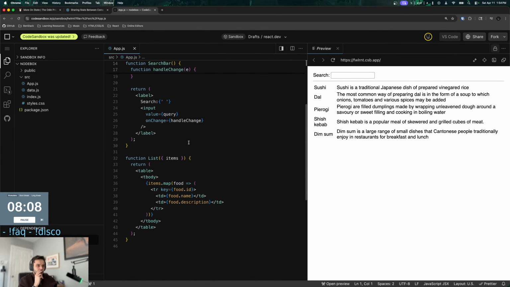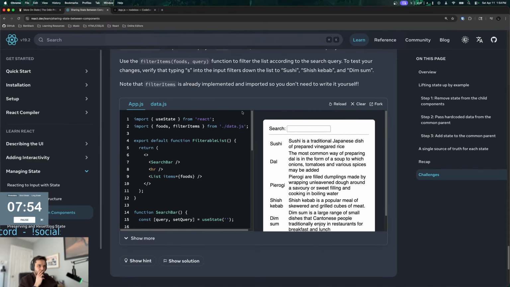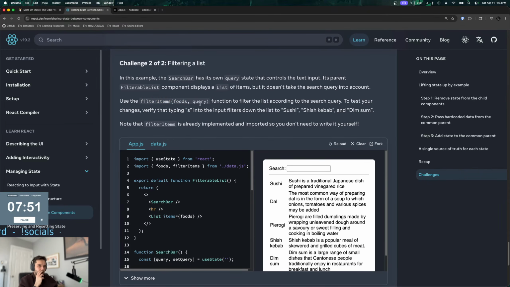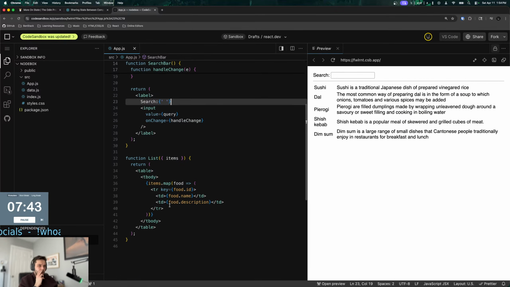I just need to look at this code for a minute. So this shouldn't do anything, right? Yeah, okay. So this is a search bar. Okay, so filterItems. How do we use filterItems? Foods and query. So where is the list here? So I need to filter by... for this guy, I need to do an items.filter or something probably, right?